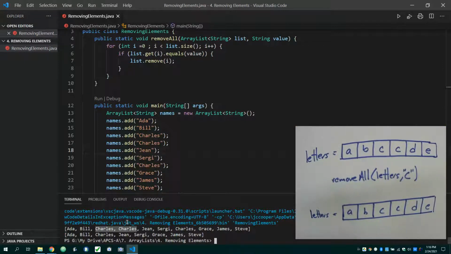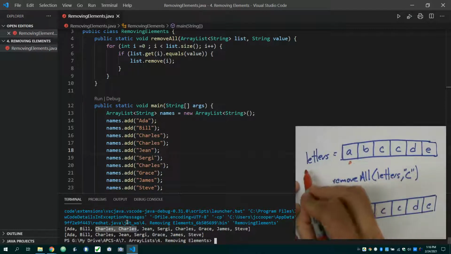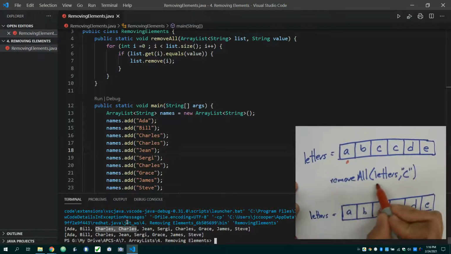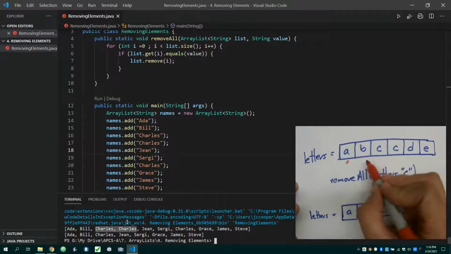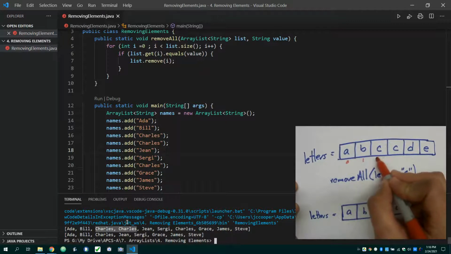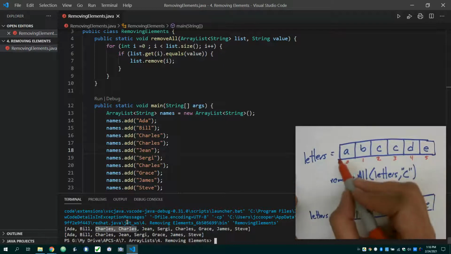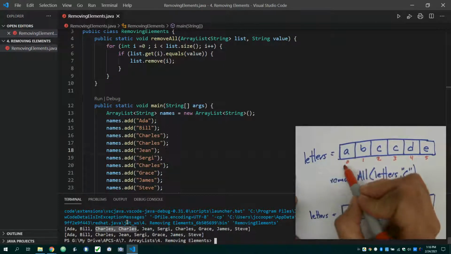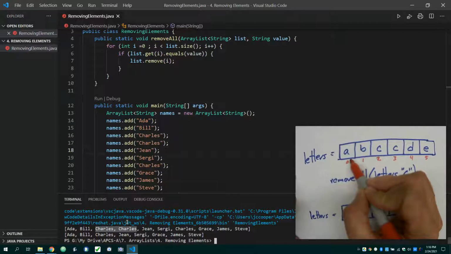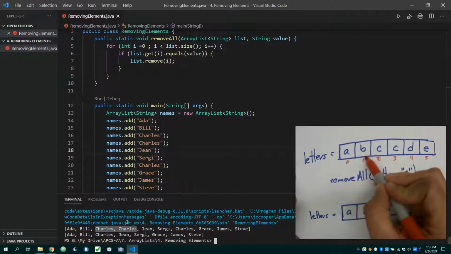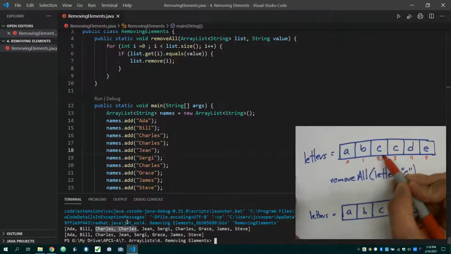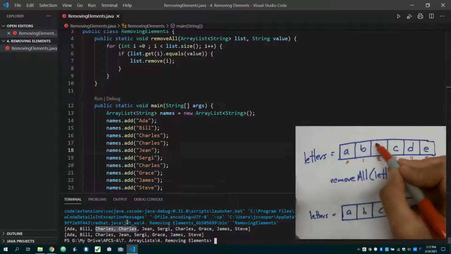Let's think about why. I've got another list called letters, and let's say my call is removeAll letters, and I just want to remove the Cs. So my indices are 0, 1, 2, 3, 4, and 5. When I loop through, I check element 0, it's not a C, so we don't remove it. Check element 1, not a C, so we don't remove it. Check element 2, okay, it's a C, so I call remove. And when this element goes away,